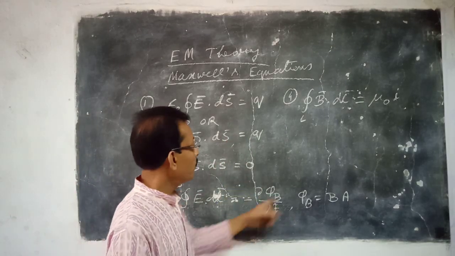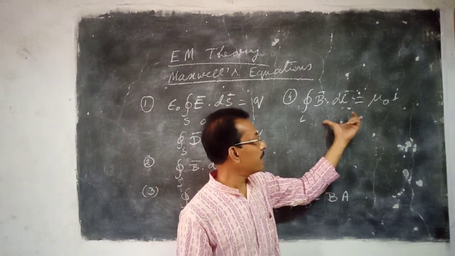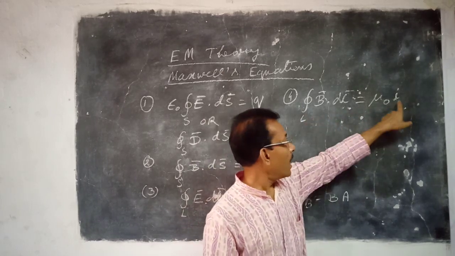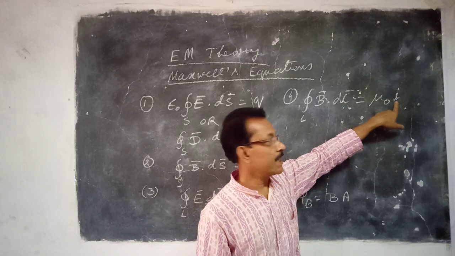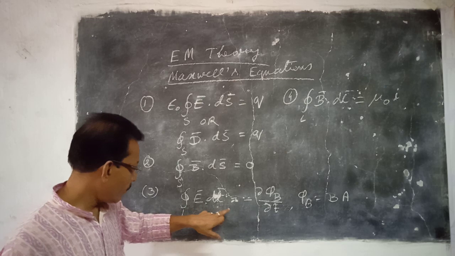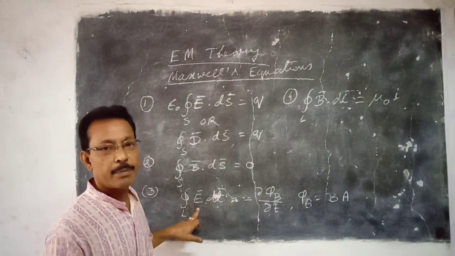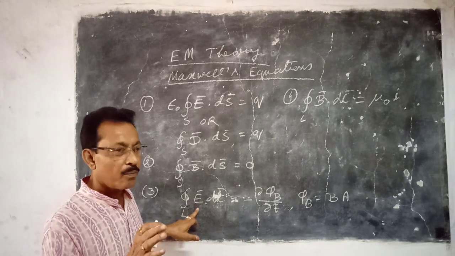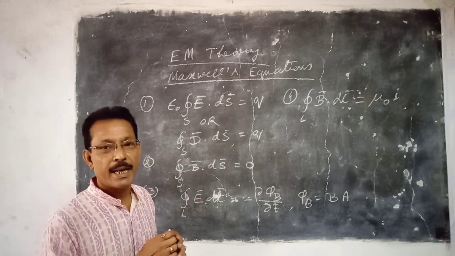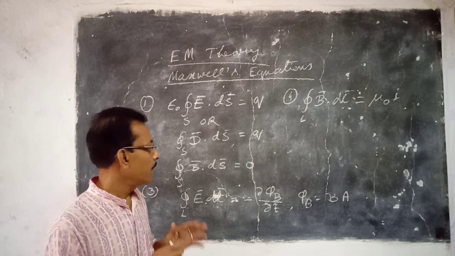Now, out of these 4 equations, this equation is not consistent with the time varying field. You see here no time variation is there. I is the steady current, that is DC current, not AC current. Now see here in the third equation, a changing magnetic field can produce an electric field, and the same type of laws are there in electricity and magnetism. So they are the first unification of the theory.